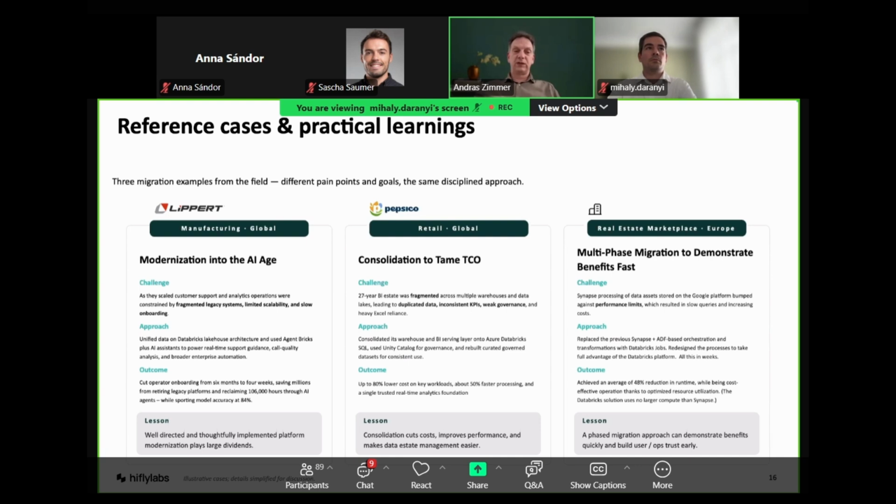Lippert modernized its scattered and fragmented legacy system, which had limited scalability, into the AI age. Their goal was to onboard and to an extent replace